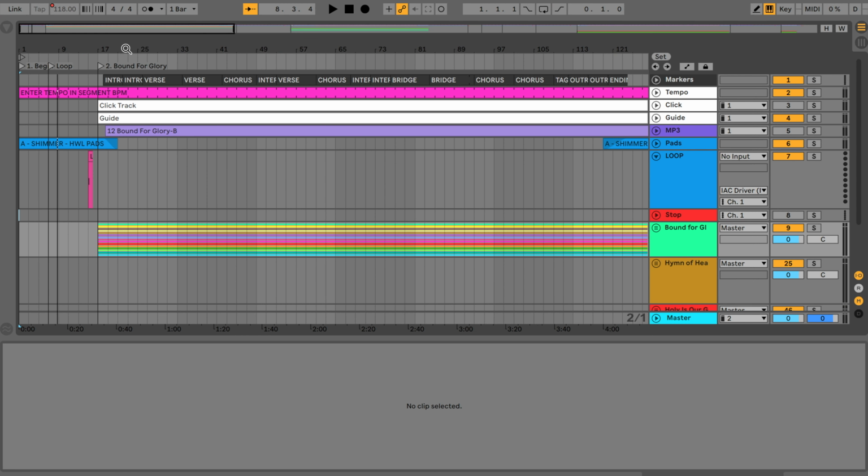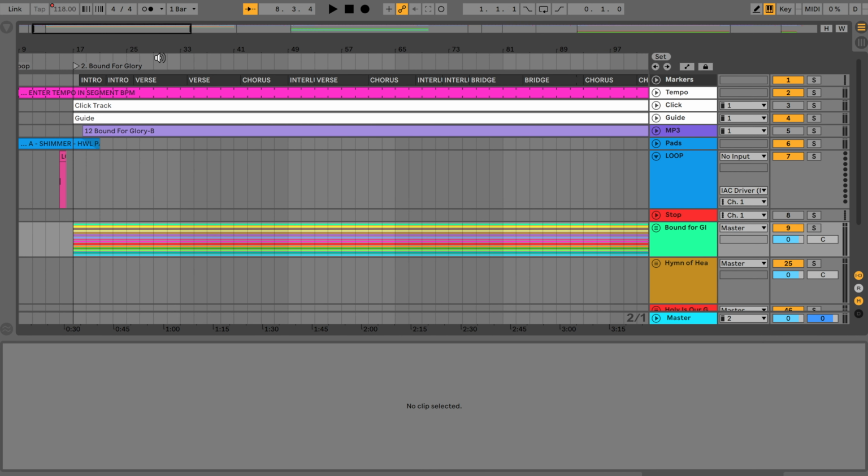I know some people that's their method. Mine's kind of clean. I don't like it to be too busy, but I do have these markers up here at the top where we can see intro, verse, chorus. You could set a locator for each one of those and be able to repeat any section at any time. But I just taught you about loop cues, and you wouldn't want to put a loop cue everywhere, or it would always be looping and you would never finish the song, which leads us to our third tip,